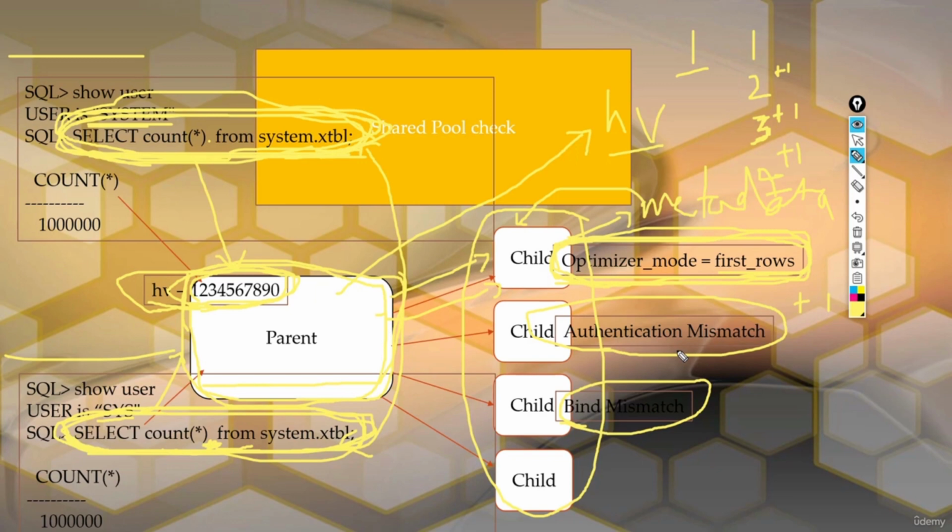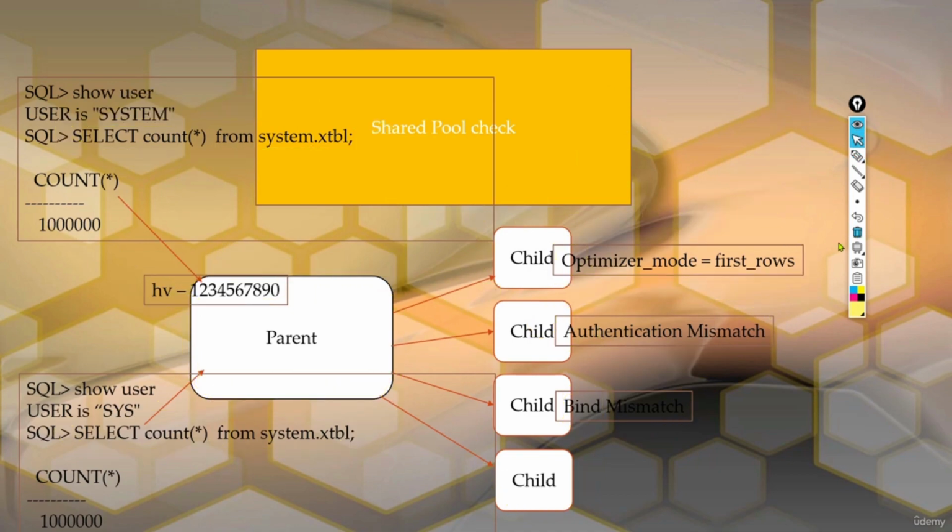So it is a soft parse. Obviously, the SQL executes in a faster way. But if there is a mismatch in any of these environmental changes, then that will be considered as a hard parse, and there may be a performance decrease in the query execution. Okay,